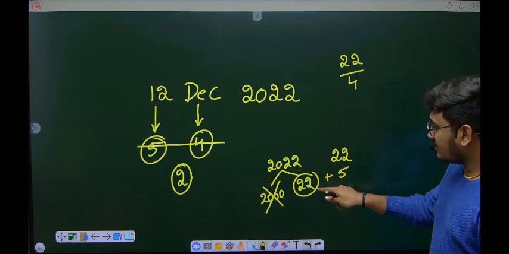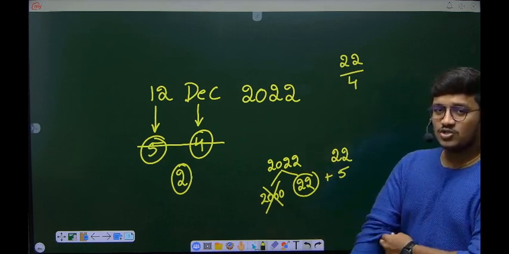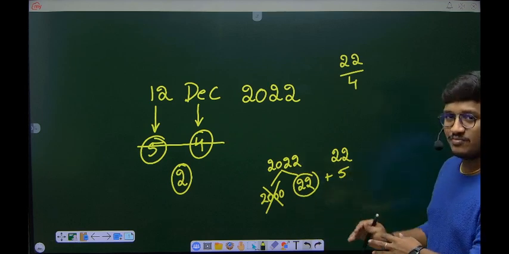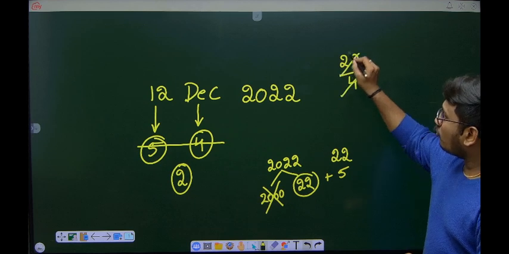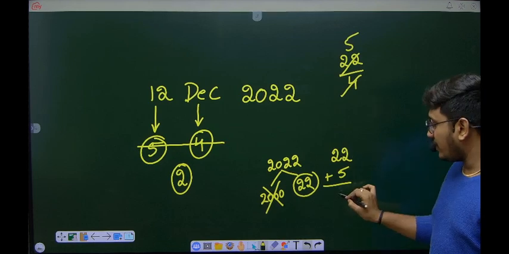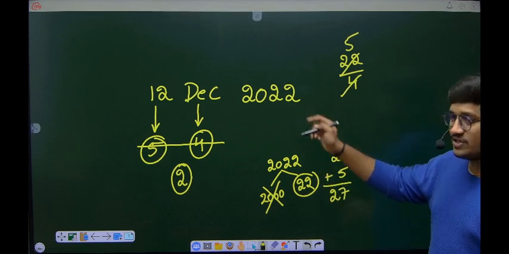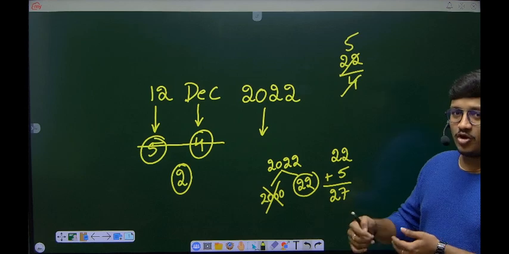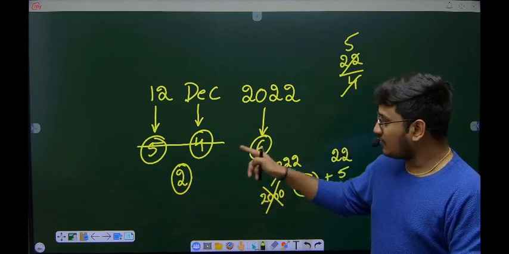Now why I have taken this 22 is very simple. In 22 years we have normal years as well as leap years. So in order to separate leap years and normal years, I'm just doing it in a simple way. All 22 years, 22 odd days, plus how many leap years are there? 4 fives are 20, so 5 leap years definitely will be there. So 22 plus 5 gives you 27. 27 odd days means how many odd days are there in 2022? 27 means 6 odd days. Okay, so finally we have 2 and